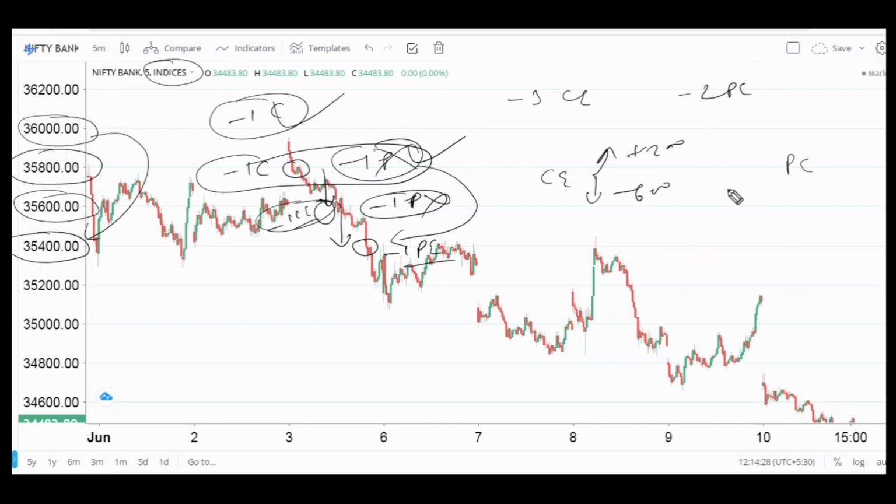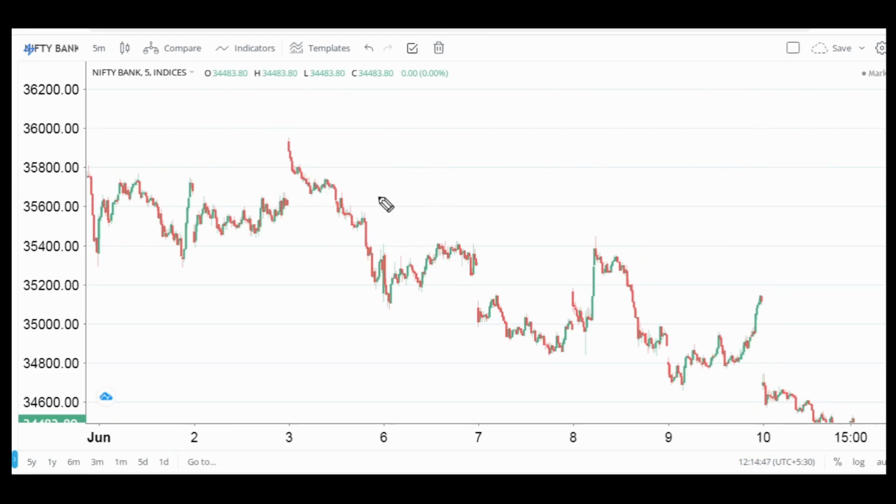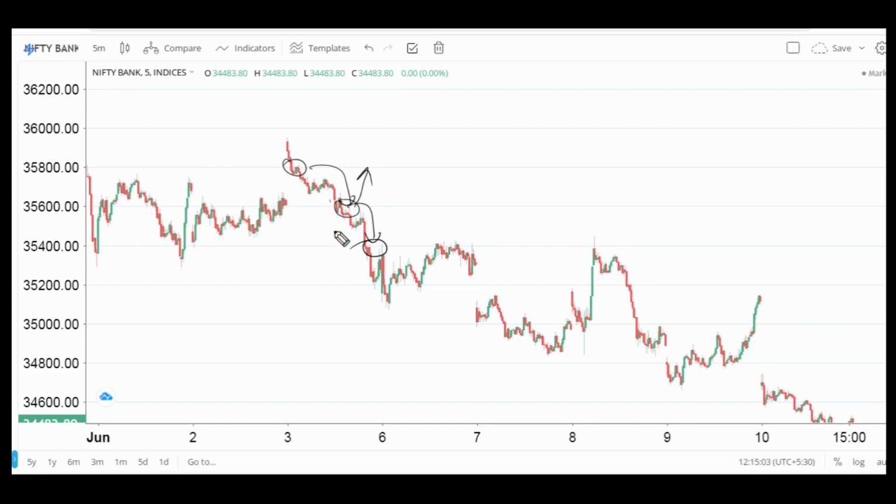If you are using futures, you have to do the adjustment as per that. And for puts, it's reverse. On the lower side a minus 200 points move, and on the upper side a plus 600 points move, for every put and every call. So this should keep on repeating. From here to here we went, from here to here also we went. So at any given time after the initial entry, if the market again comes back to the original straddle price of 916, then there will be 4 legs.